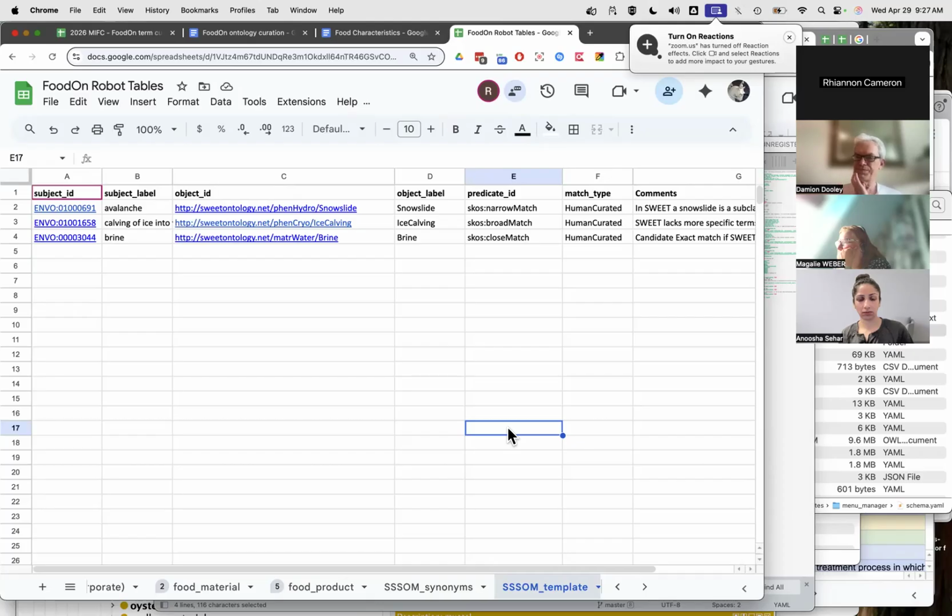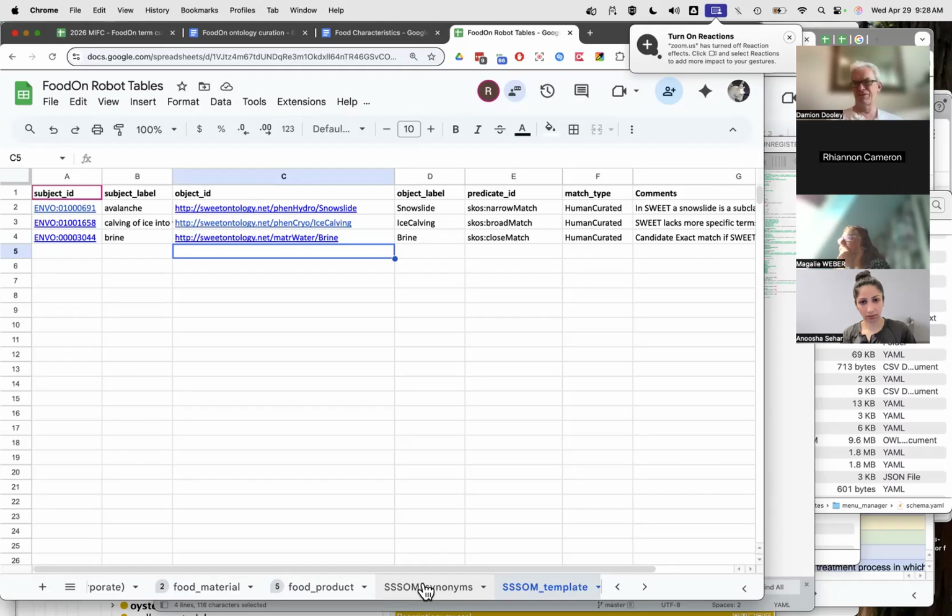Okay. So yes, I had two questions. One of them was, which file in the long run would we be editing? And it would be this one, and then we generate the one that's compatible. Yeah. And then the second question I have is, in this template format, it looks like we would have one row per annotation, right? Right. So if you have something that has like 10 synonyms, you would have 10 rows. Yep. And I think that puts the right emphasis on core logic versus